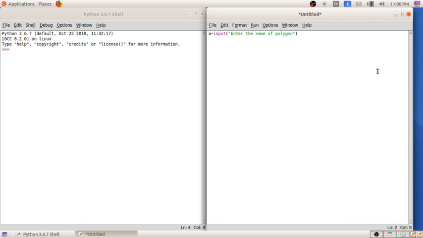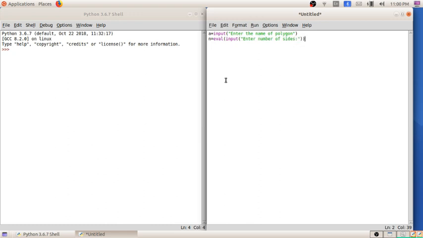So here we have given the statement, enter the name of polygon, as the input. We told the computer this input is stored in the variable A. And next, n is equal to eval of input of bracket, enter number of sides.